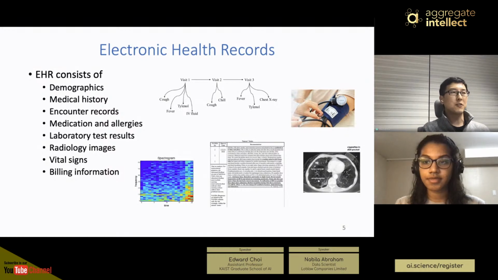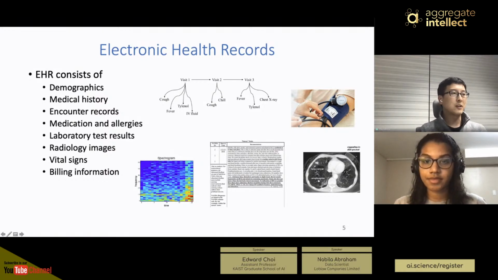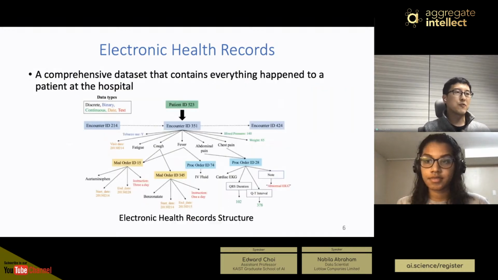It's actually a very heterogeneous set of data sets. So there's demographics, such as your ethnicity, your age, your gender, your marriage status. There's medical history, of course, encounter records, medications, lab results, like blood tests, urine tests, radiology images, such as X-ray, vital signs, billing information. So it's a very heterogeneous multimodal data set in nature, and it's not just an unordered set of heterogeneous modalities. It's actually a bit more refined. So this is a depiction of